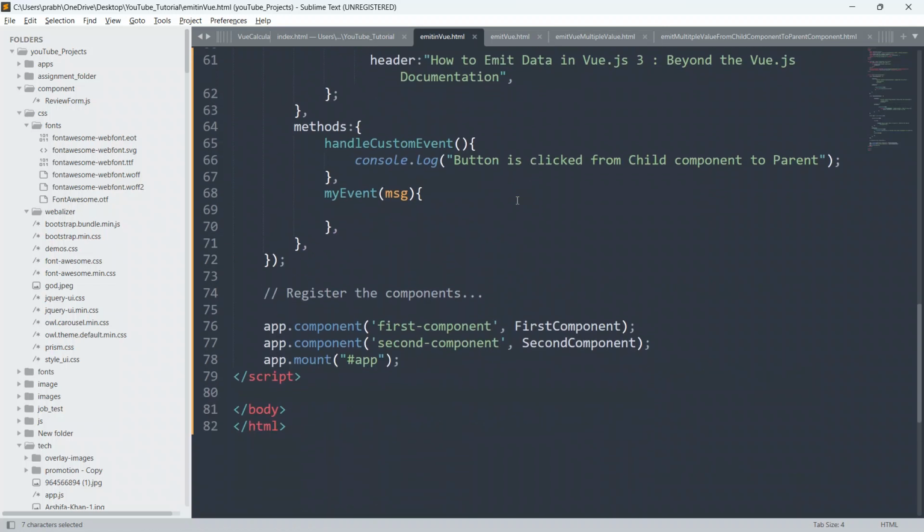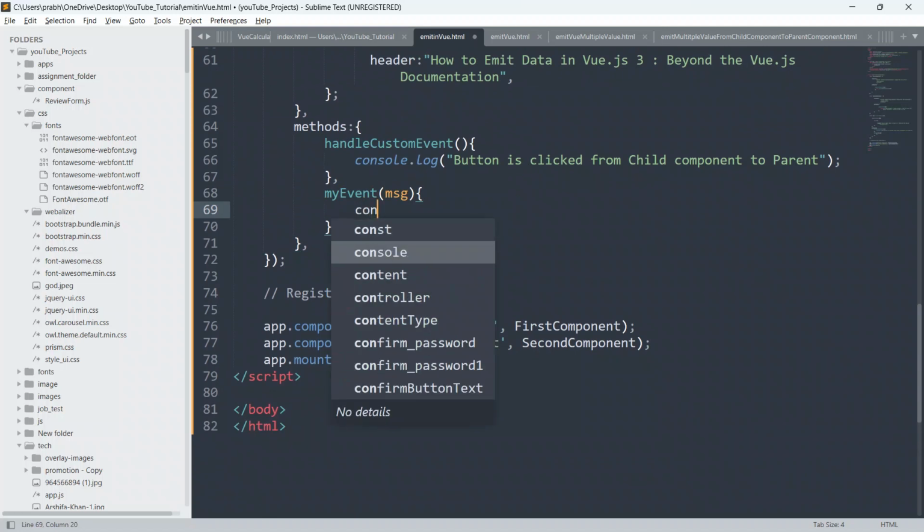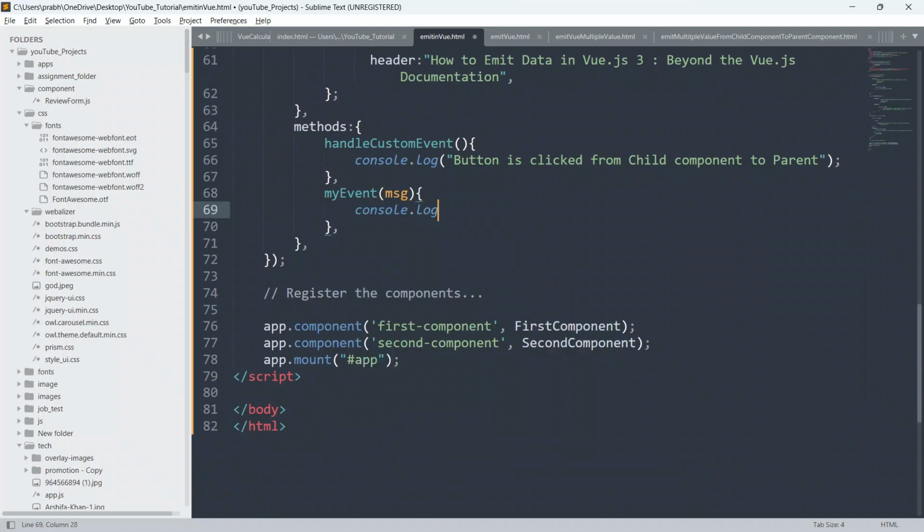So we will just say here my event, and I'm passing here one argument or one parameter to this my event method. So we will just say here console dot log. So that's it, and we will just pass this message to this console. So paste it.